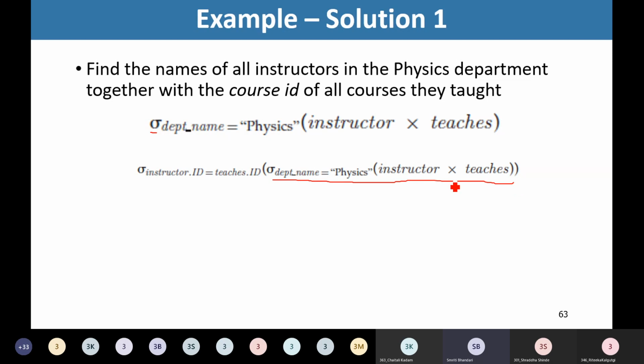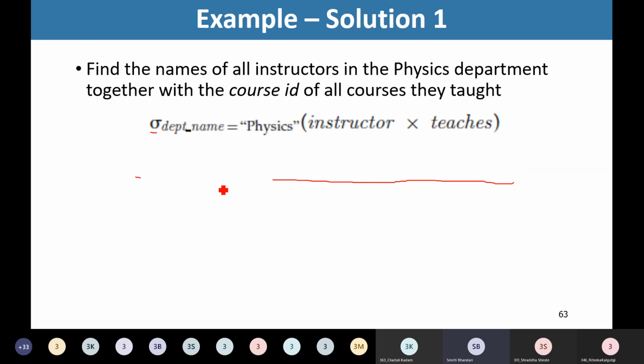This was the earlier query that we have written, and we have seen whatever is the output for this query. And we found that there are certain irrelevant tuples in this output. And that is why we are now imposing one more predicate with one more select statement. So in this select statement, we are saying that we want to match instructor.id and teachers.id. So the condition is instructor.id should be equal to teachers.id, right?